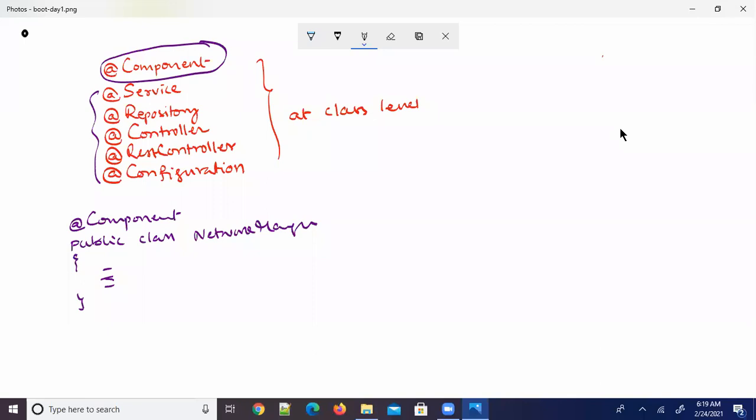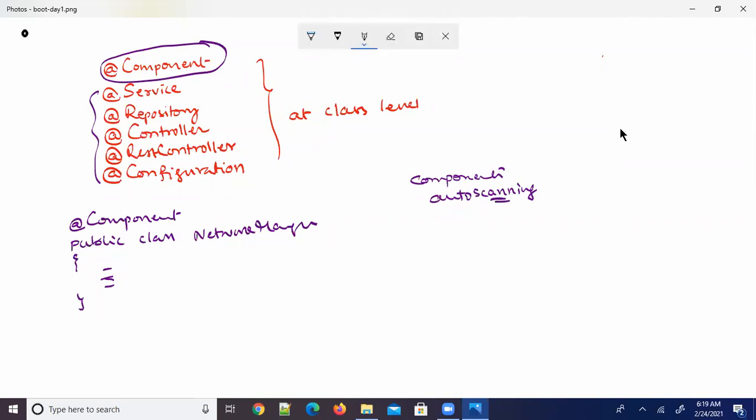So what happens now? There is a concept called the component scan feature, or components auto scan feature, whatever it is. The Spring framework has given a good feature called components auto scanning. I'll tell you how to enable this feature.